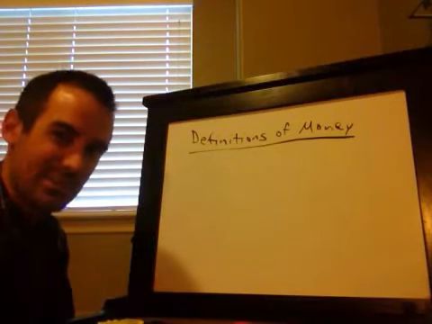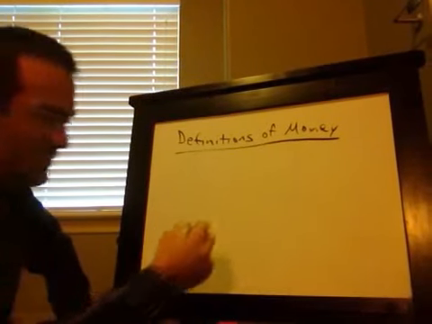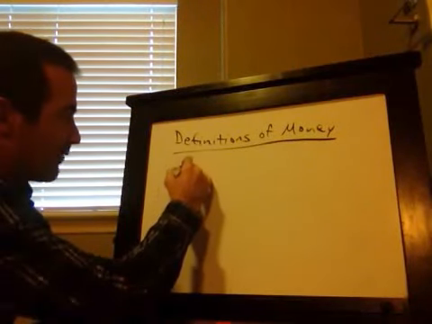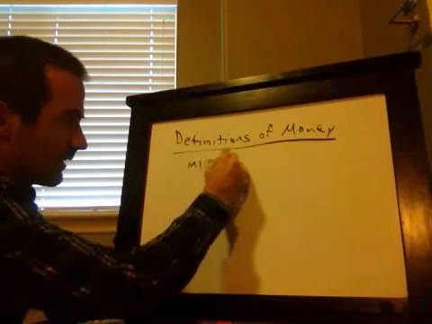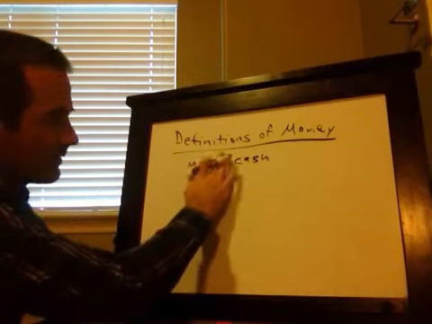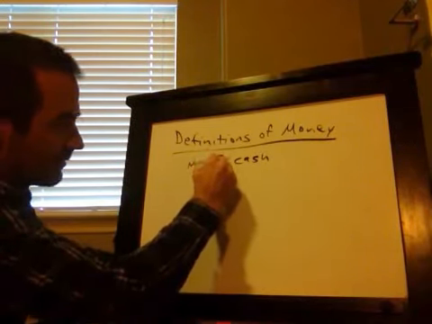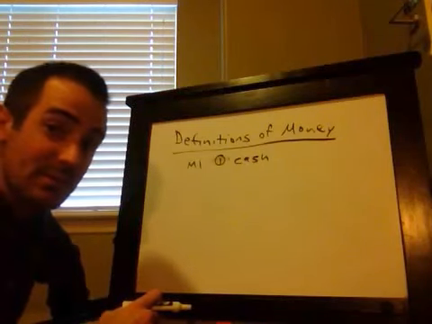And test questions about this tend to be pretty easy. All right, there's one little trick. So first of all, these are sometimes called the M's. You'll see why. The first definition of money is M1, and it includes three things. Cash. Some people say cash and coin. That's number 1. I'm listing the three things. Cash and coin. It might say currency and coin, but either way, it's cash.